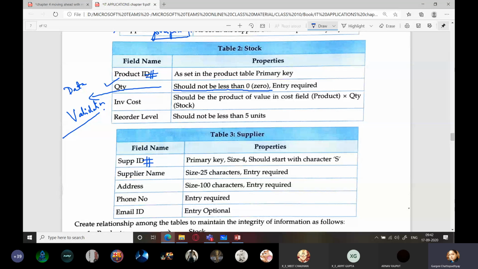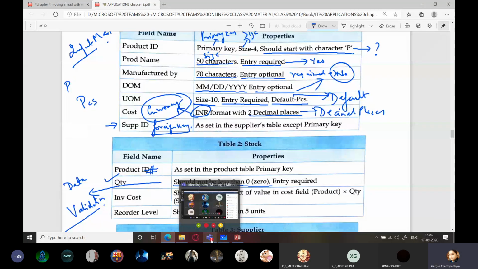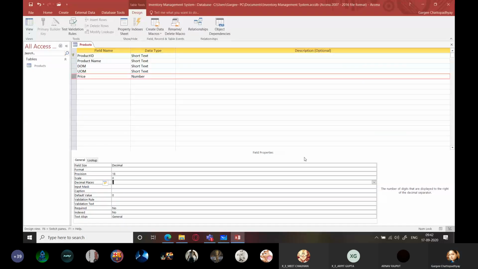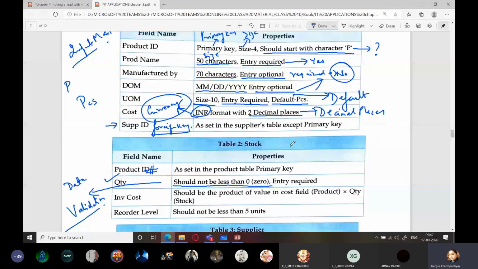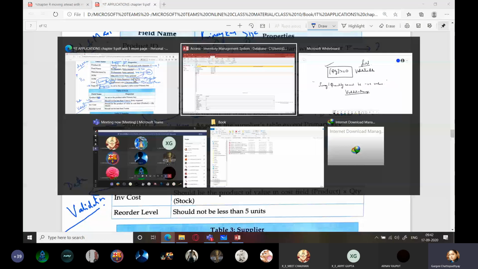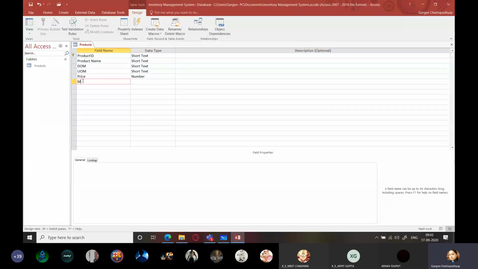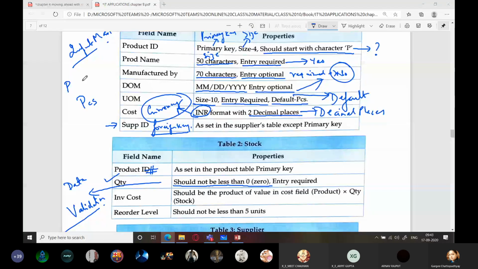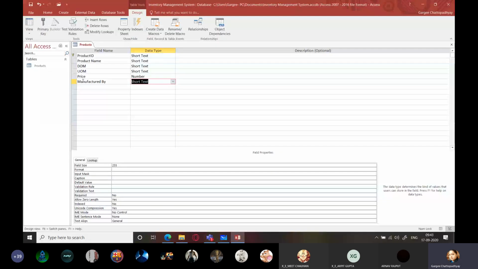Students will do this. First, I'll complete this product ID. So we have product name. We also have manufactured by. So I'm just going to type this. It will take time. Wait.